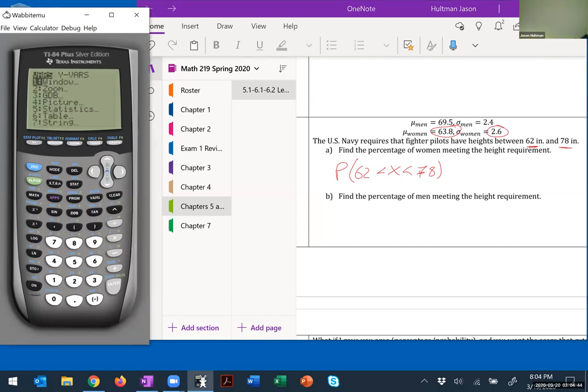So we're going to go to second VARS, normal CDF. The lower is 62. The upper is 78. The mean is what? The mean is 63.8 for the women. And the standard deviation is 2.6. And then hit paste. Okay, and that comes out to be